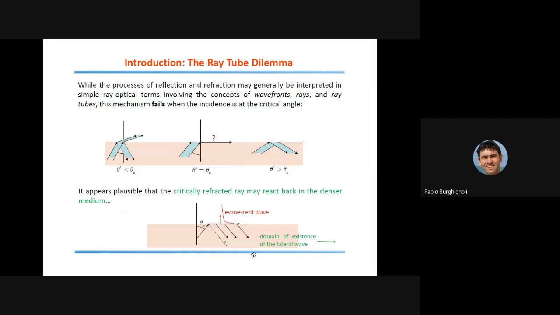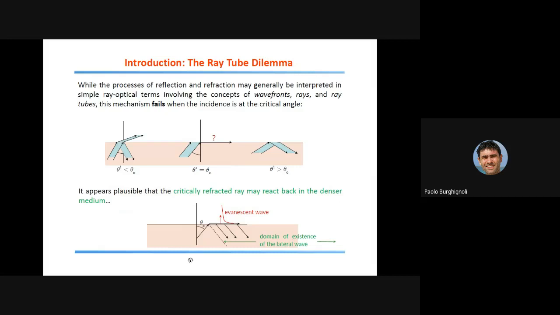So we have a domain of existence of the lateral wave, which is bounded on the left by this dashed line, that depends, of course, on the location of your source. This is the intuition behind the concept of lateral wave, and this is what we will now investigate more in detail